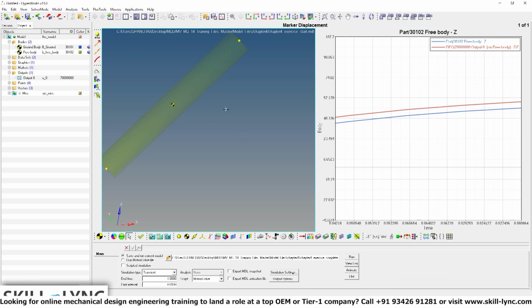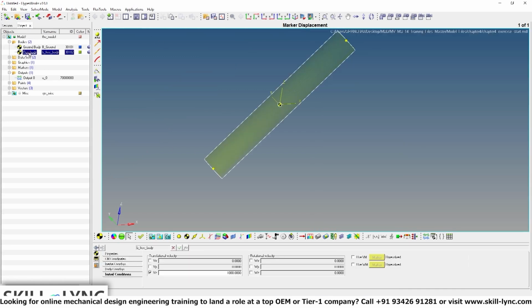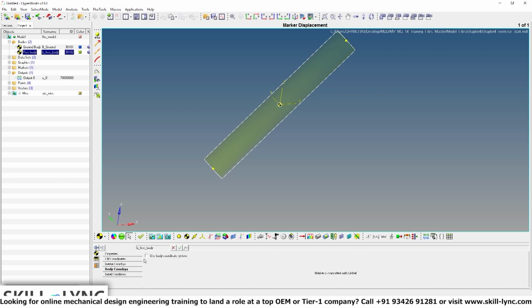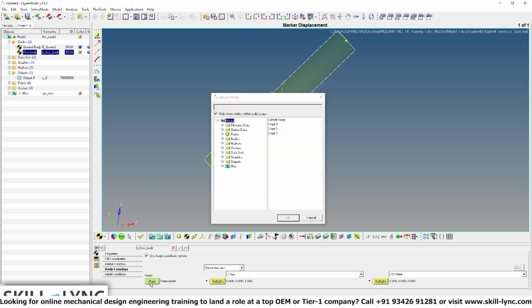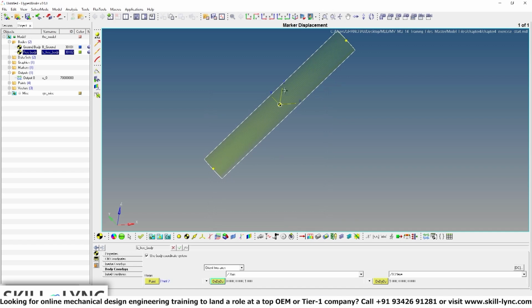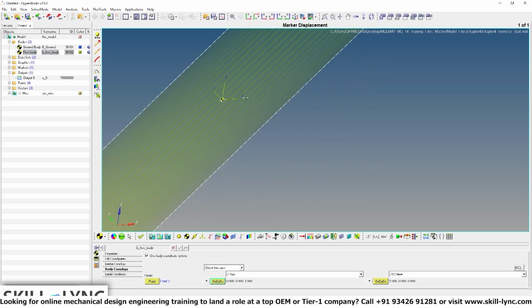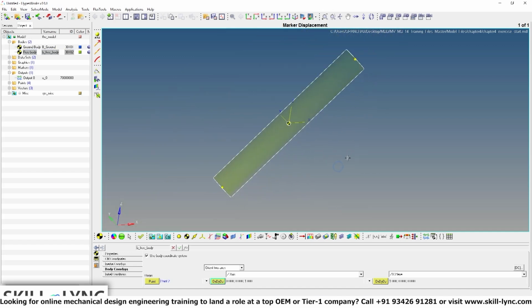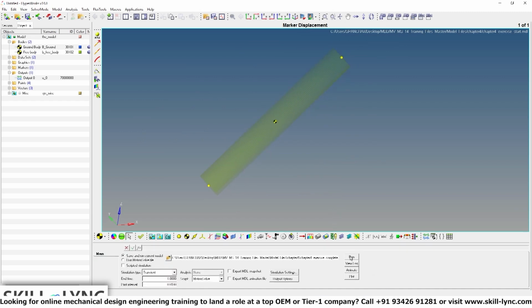Let's do that. Let's go back to MotionView here and click on the free body. To bring up the body panel, let's go to the body coordinate system and put a check mark on use the body coordinate system. You can see that this marker comes and sits on top of point 2 now, after I give the origin point as point 2. Okay, you can now see that. So now it's perfectly aligned. Once this is done, you can run the model again